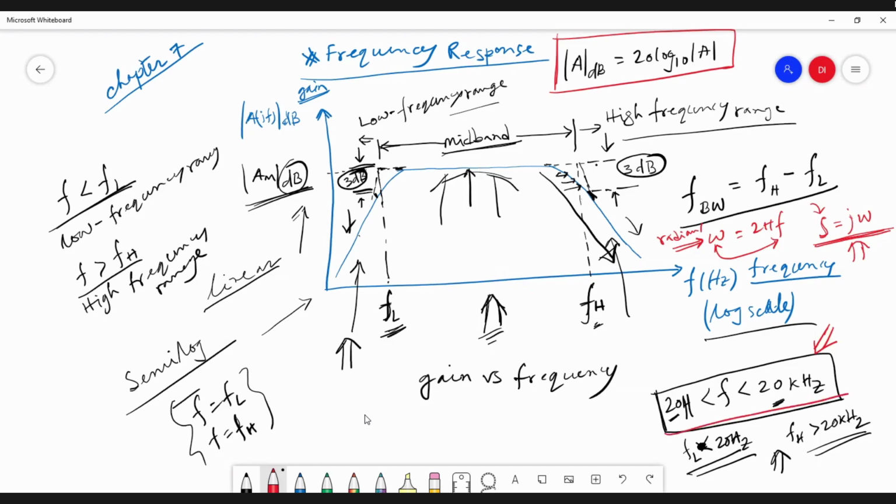So from the response here, we can see that if our low frequency covers this portion, and the high frequency this portion, then we can easily hear the frequency. But if the frequency is increased, then the gain will be reduced, or if it is here, the gain will be reduced here. So the amplitude will be reduced, and we cannot hear the pure signal.